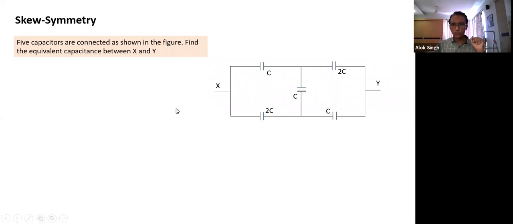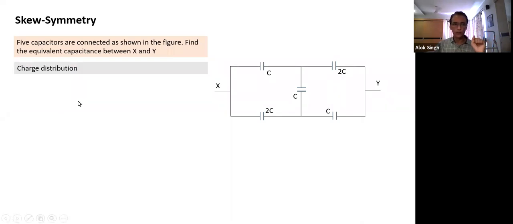For those who have not followed, this is something we're not giving a proof of. It is possible to give a proof, but again, it is time consuming. If you want, you can do it some other time, and I will give you a hint also. But without the proof also, I can use the symmetry. If the charge is Q1 here, this also will have Q1. And if the charge on this capacitor is Q2, this also will be Q2. If I make that assumption, it makes the problem slightly easier to solve.